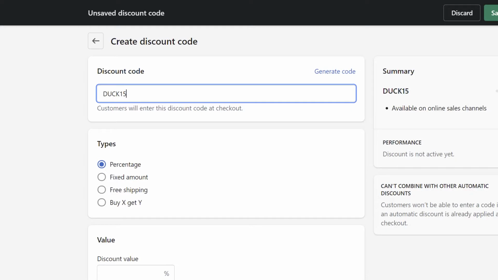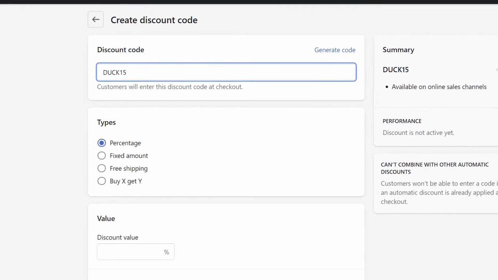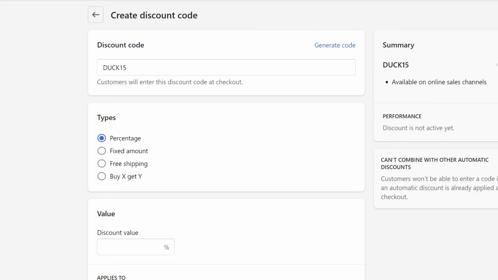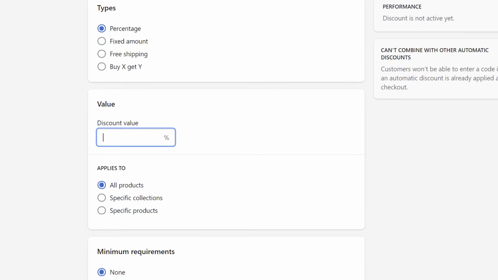Next, choose one of the 4 types of discounts: percentage, fixed amount, free shipping, or buy X get Y. In this example, our discount code is going to give our customers 15% off everything in store. However, if we wanted to, we could limit it to specific collections or even specific products. Let's enter a value for our discount, and then take a look at a few of the other ways we